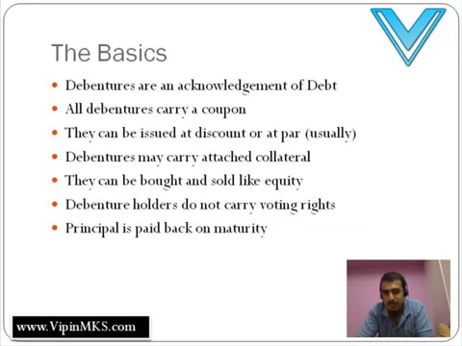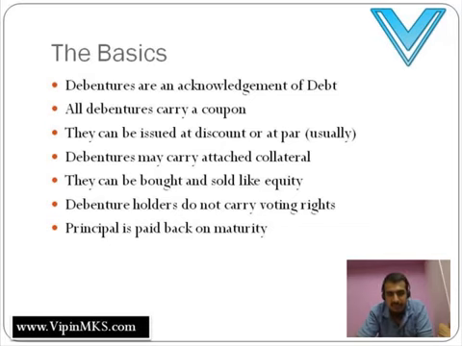The only debenture I know which is issued at discount would be the treasury bills of the Government of India. I'll just focus on the Government of India for now. The Government of India issues treasury bills regularly. It's one of their methods to control credit in the country. So treasury bills happen to be issued at discount. When I say issued at discount, it's issued below the par value. If a debenture is sold at par, it means the par value is, say, 1000 rupees. When it comes to discount, they issue it at, say, 990 or 995. Par value is usually the highest price at which debentures are issued.